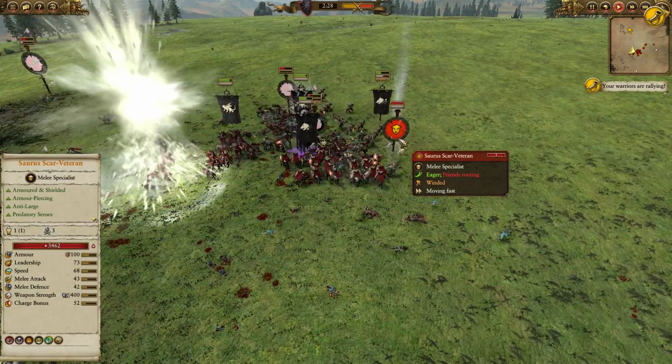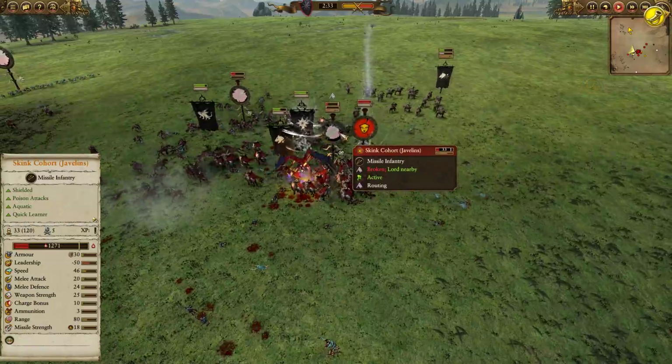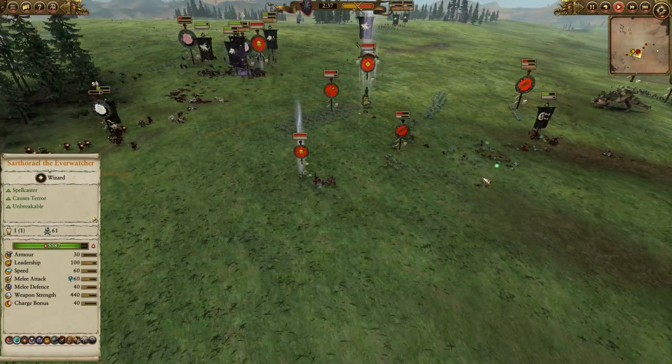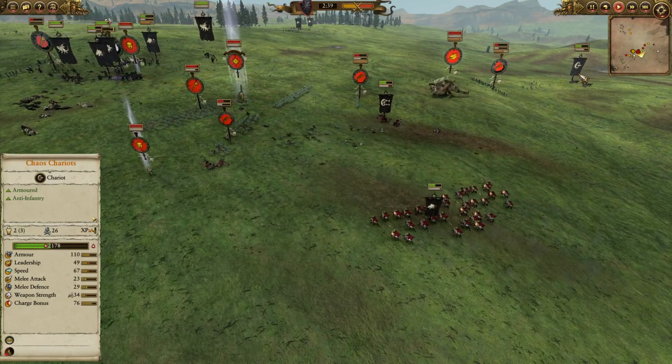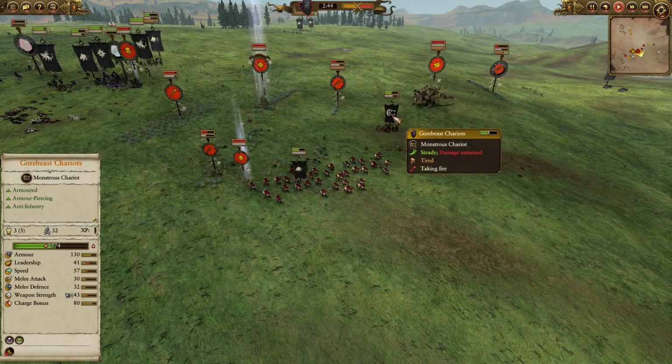One Saurus Scar Veteran has moved over here to support the Saurus Warriors and Skinkies. Unfortunately for him, his fellow dinos are fleeing for their lives, so he's now a little bit isolated and alone. The Dread Saurian certainly wants to catch up, but I think at the moment he is really trying to force back chariots. He will be poisoning them with those blow darts off the back, so he may be able